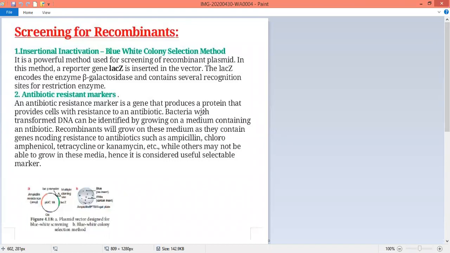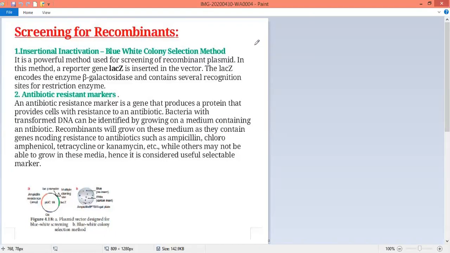Dear students, let us take another topic, that is screening of recombinants. We know very well that after completion of our DNA technology method, when you introduce our DNAs along with plasmids into the host cell, cell proliferation and multiplication takes place. Every 20 minutes it will divide and we get more DNA copies. After getting all these DNA molecules, we need to extract them.